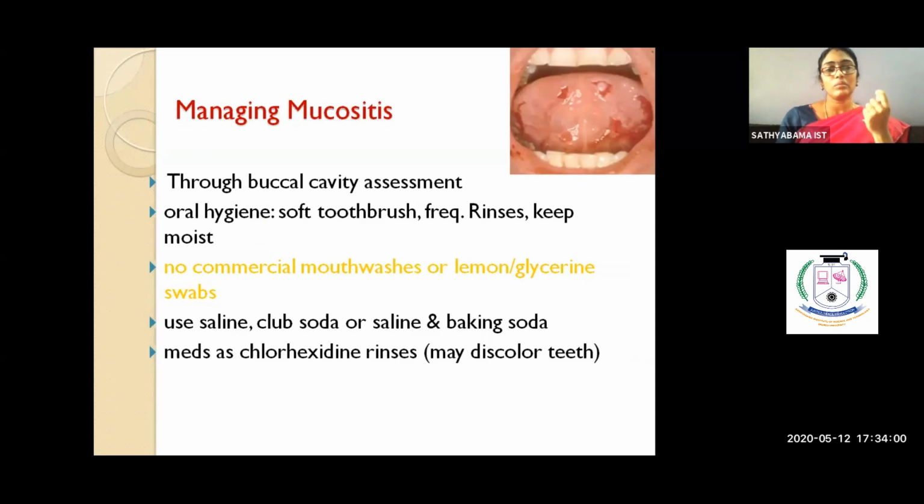So these are nothing but abrasions which happen in the mouth, right? When you have chemo, these are all sensitive regions, right? They have very thin skin and all that, right? So what happens is that when you brush your teeth and all, it starts to abrade, right? So you'll have to go for small, soft brushes, and not use any kind of mouthwash and stuff like that. You'll have to be very, very careful.